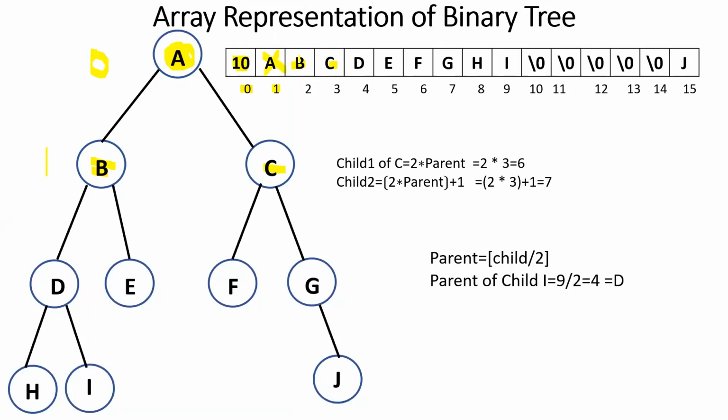Then which element is on top? It will be B. So we have to explore the adjacent vertices of B. What are the adjacent vertices of B? It is D and E. So we will be inserting D and E. Now we will dequeue B from the queue. Then which is at the front? C is at the front. So we will be exploring the vertices which are unvisited. A is already visited, so we are ignoring. Then which is unvisited? F and G. So we will be enqueuing F and G, right?